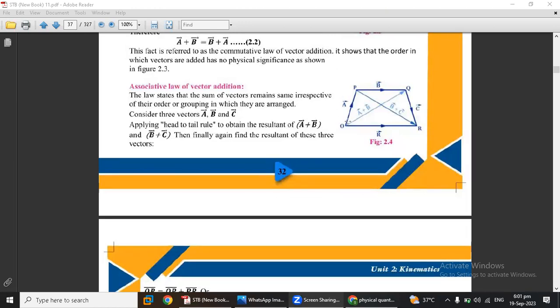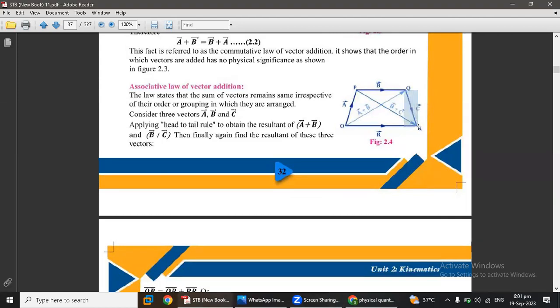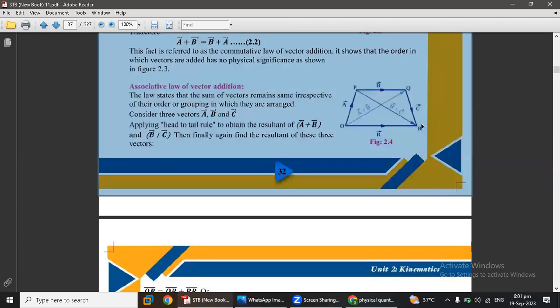एसोसिएटिव लॉ के अंदर हम क्या करते हैं कि ए प्लस बी प्लस सी करना होता है, या फिर बी प्लस ए, इस बिग ब्रैकेट के अंदर ही होता है ना, कि आप पहले ए प्लस बी करो उसके बाद सी प्लस करो, या फिर आप पहले बी प्लस सी करो उसके बाद ए प्लस करो। तो पहले ए और बी को प्लस किया, तो ये बन गया। फिर उसके अंदर हमने सी प्लस किया। जब सी ऐड किया तो सी की ये डायरेक्शन थी, तो यहाँ आ गया। और जो रिजल्टेंट वेक्टर आया वो पहले की टेल से लेके लास्ट की हेड तक है।